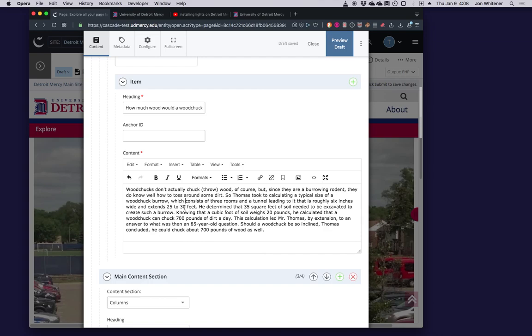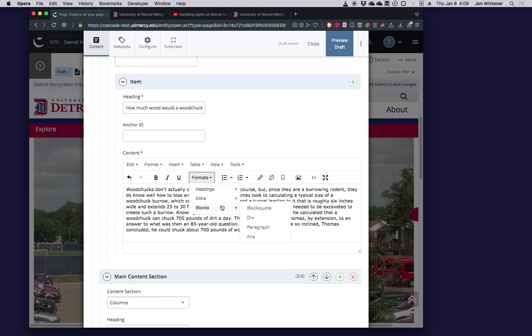I want to point out something. If I click in this block of text, there is no element indicated in the little status bar of the rich text field showing what kind of HTML, web code element it's being contained in. When that happens, you do want to add blocks of text into like a paragraph tag, usually. The way you can do that is by using the Formats menu. Here, by the way, is where you can choose headings. If you wanted, most typically you'll use headings 2 and 3. As I mentioned, heading 1 is reserved for the page title.